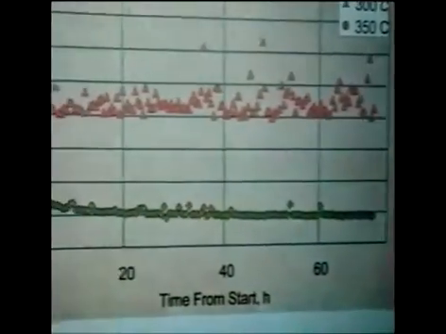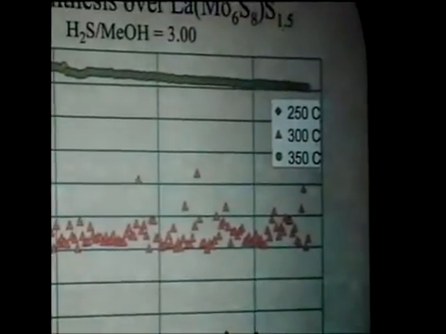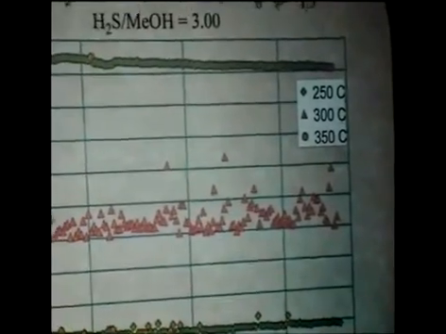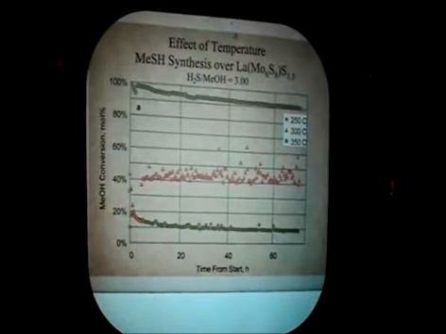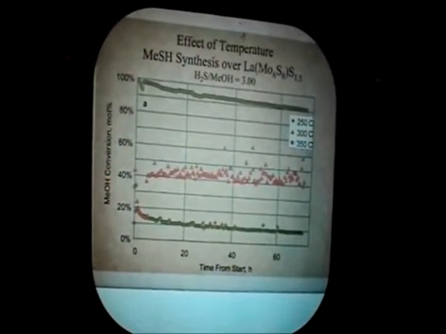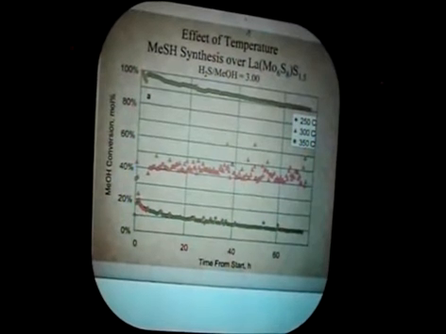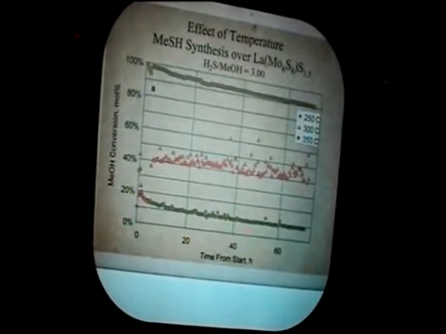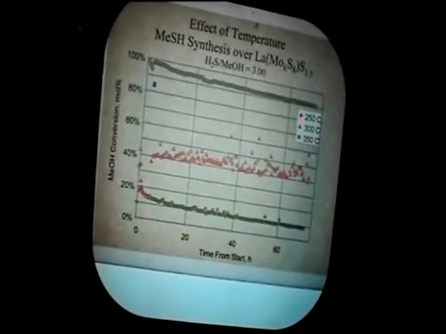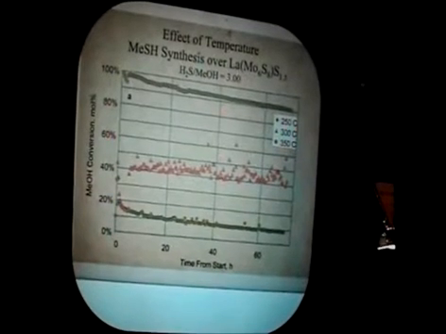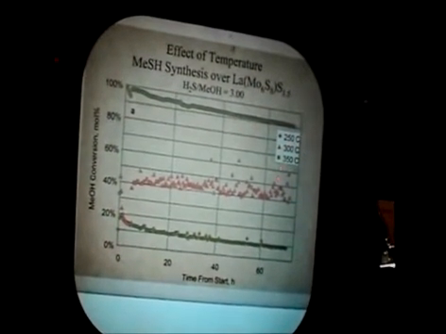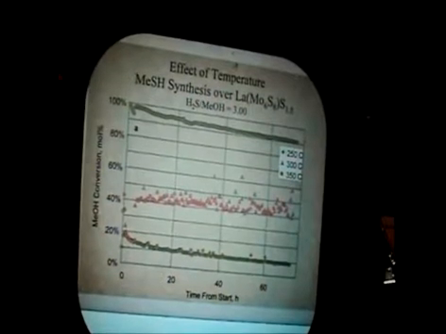So now I'll switch. We're interested now in the lanthanum material because of high selectivity and stability. And we're also interested in those sodium materials because they tended to convert to MoS2 rather readily. So we did some more in-depth studies over these materials and looked at the effect of temperature in the range starting at the lowest, which was 250 degrees C, and then increasing the temperature. As you can see, we can increase the conversion of methanol to nearly complete conversion at 350 degrees C, which is pretty close to relevant industrial temperature for these reactions.